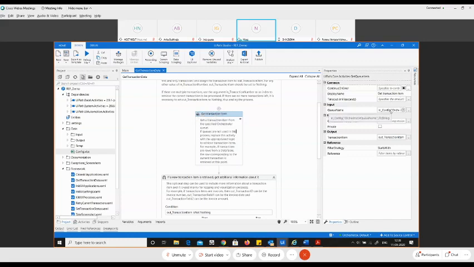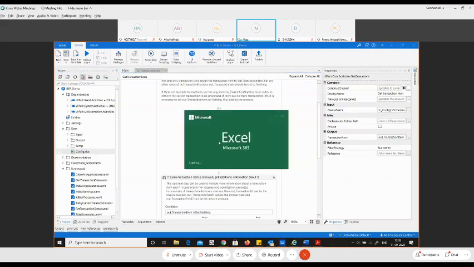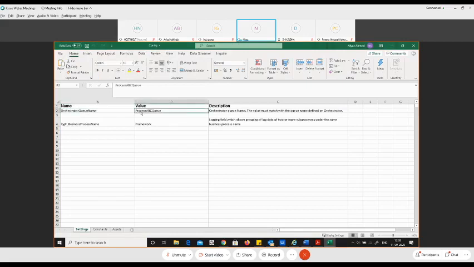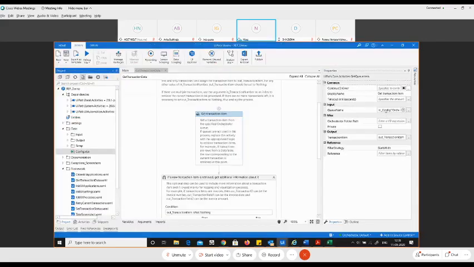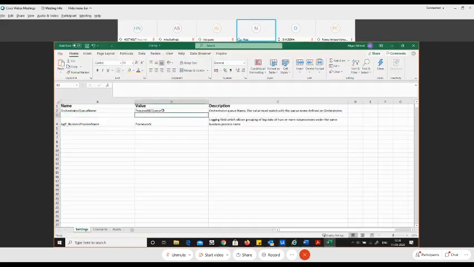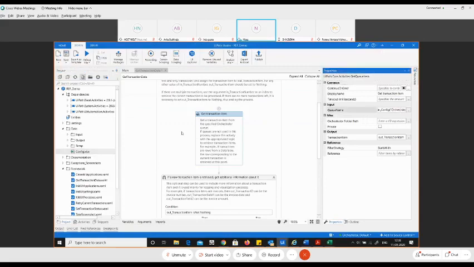And if you see over here, we're not specifying the orchestrator value at all, because those values will be fetched from the Excel sheet. So if I open the Excel sheet over here, you can see here what is the name. Here is the actual value, but what are we referencing it with? We're referencing it with queue orchestrator name. And if you come back here, you can see in underscore config and then the orchestrator queue name. So whatever you keep here as the queue name, that queue name will actually be working here, and then you will get the transaction from here.